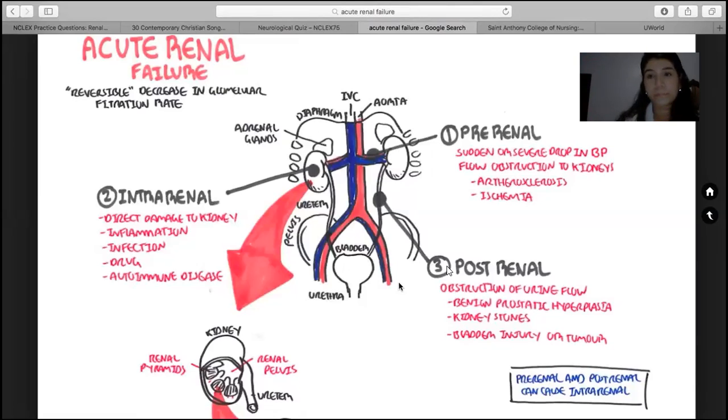So there are three phases of renal failure. There's pre-renal, intrarenal, and post-renal. We're going to break them down into different phases, but basically knowing that these three areas: pre-renal, before the kidneys,